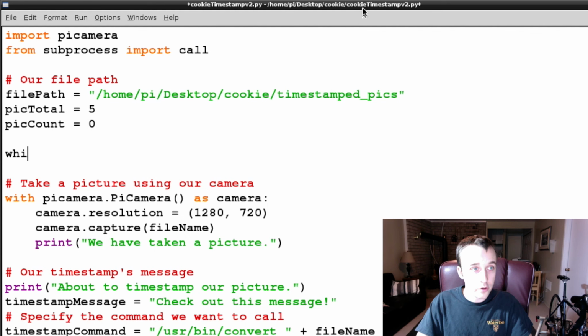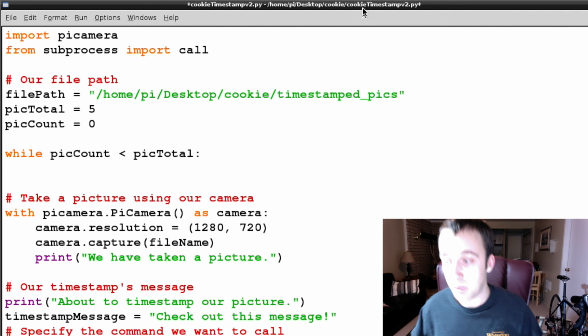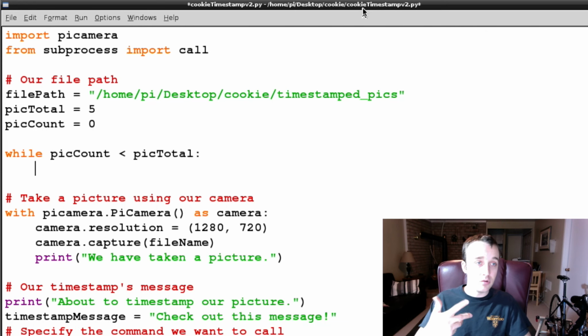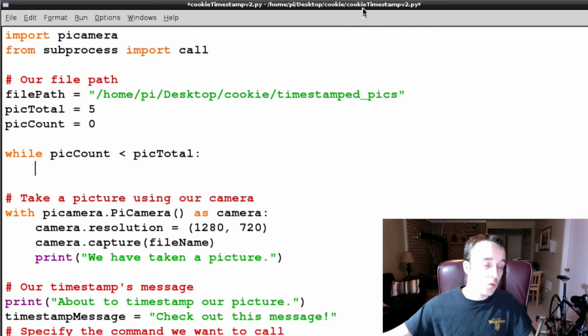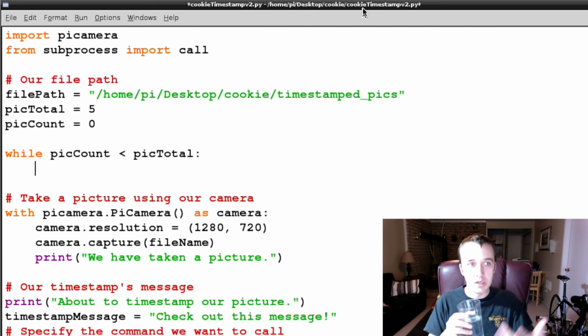So we're going to create a while loop, and in the while loop we're going to say while the pic count is less than pic total, do whatever, and we can advance this pic counter whenever we need to. So what we're going to have to do every time that this thing iterates, we're going to want to know what the current time is, right? Because if we're saying we're taking our picture every 10 minutes, we're going to have to update the fact that